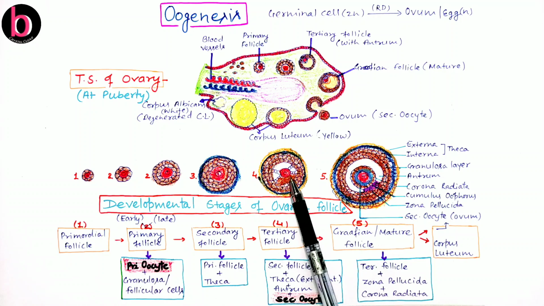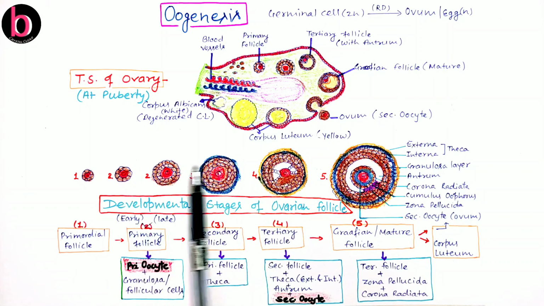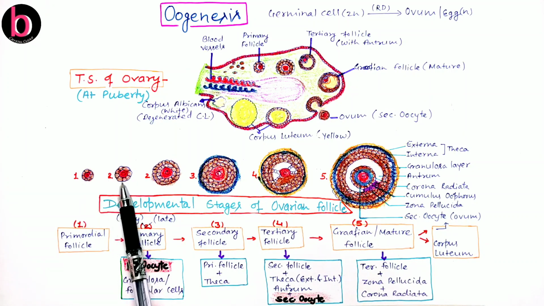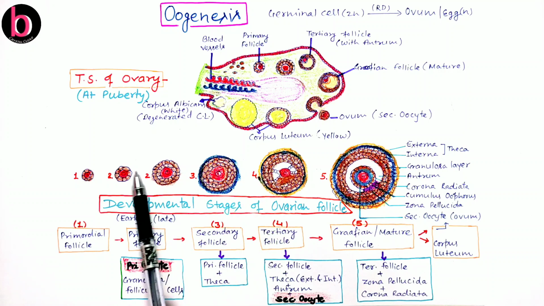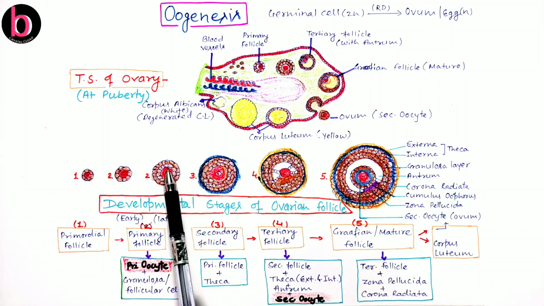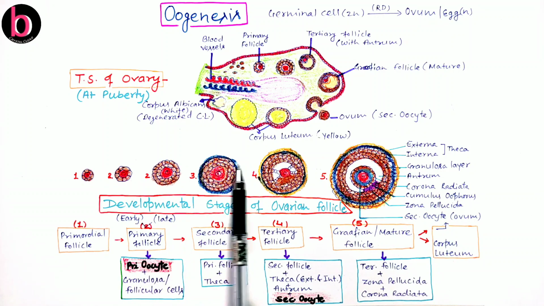So here there will be completion of first meiosis, but from here to here when we discuss the duration, the primary follicle is formed inside the female baby's fetal life, and from here to here there will be a gap of nearly 10 to 12 years. So this process is a part of the growth phase, and in the growth phase a huge amount of time is needed.